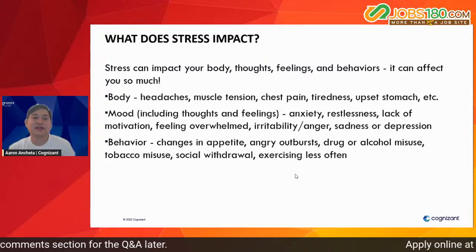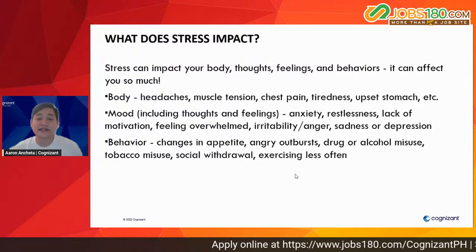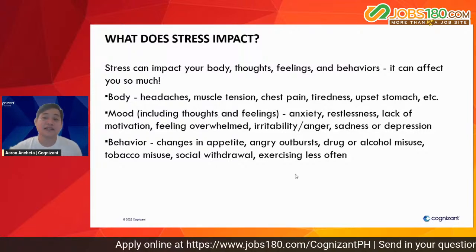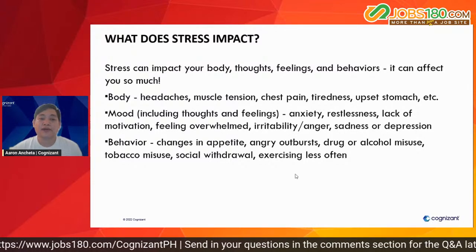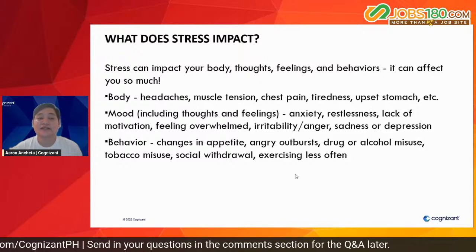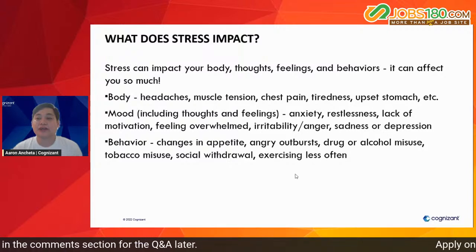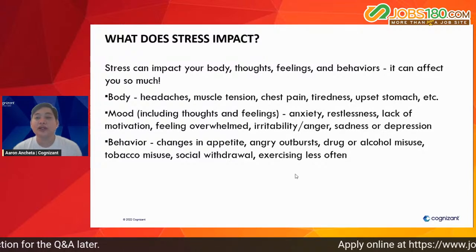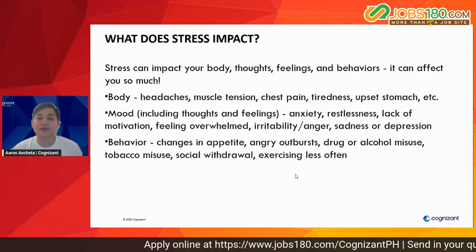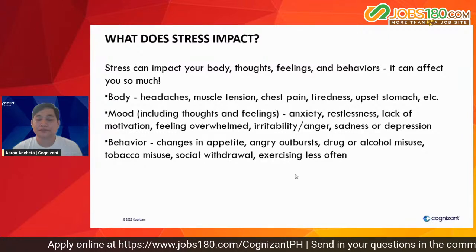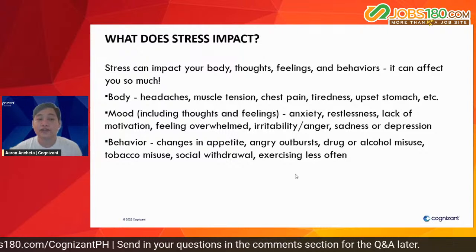Number two would be mood, and this includes thoughts and feelings as well. So anxiety, restlessness, lack of motivation, feeling overwhelmed, anger, sadness, or depression. When you're under stress, surely your mood will change. The way you speak to other people will change. The way you approach life as it is will change. Work, you will not have this motivation to finish all of your tasks, to attain all of your goals,